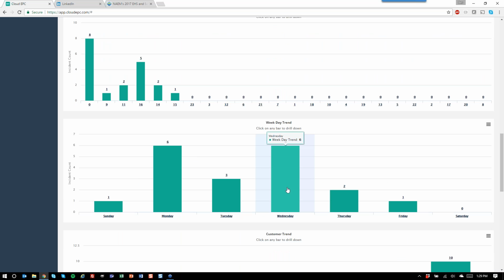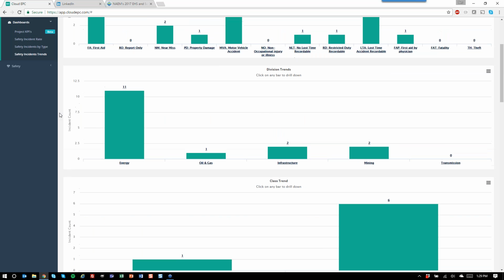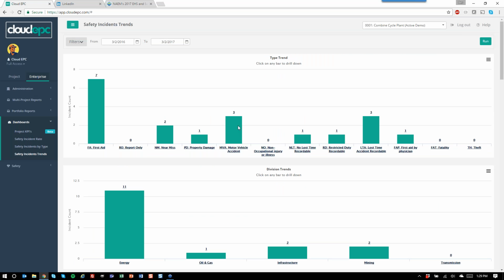And so what this does is this allows you to have what Chris was referring to as leading indicators. It allows you to start establishing trends and say, this is where we really need to focus our initiatives at the safety level across the company. And then ultimately, reduce the number of incidences, reduce the number of injuries, and then make sure everybody's getting home safely, which is the ultimate goal. And Cloud EPC is proud to say that some of our clients are giving us great feedback that that's exactly what's happening. We have a wealth of other components in the system, like the auditing module.